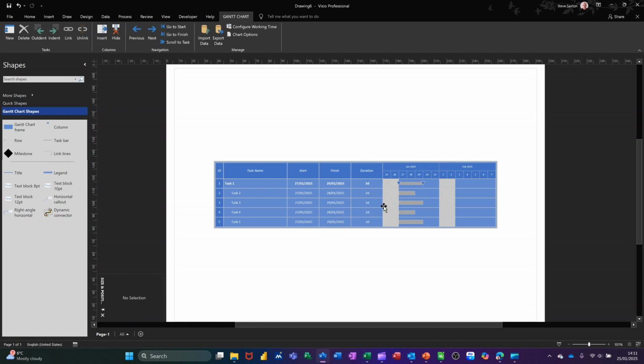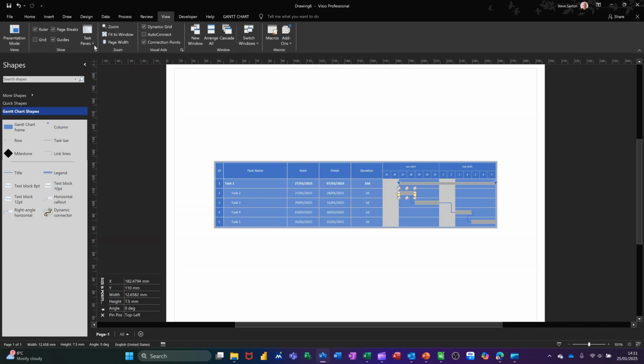Now, if I want these to follow on, basically you do this. I'm holding my shift key and then just selecting these again, and I'm going to click on this little chain link, and then that will follow on, and you can see this has now become a lot longer, and you can see the information. If you want to do percentage complete, if you click on these little bars and go to the view tab and get shape data on there,